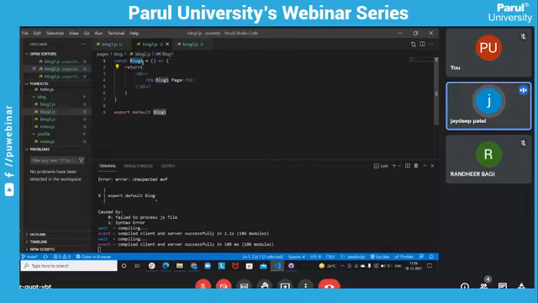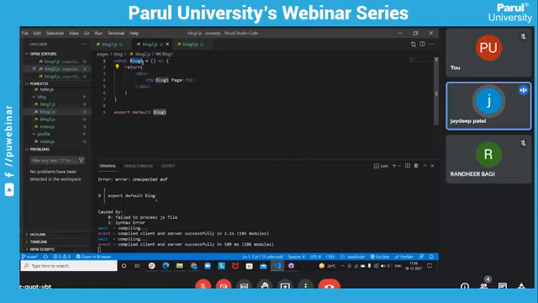So how to do it? Let's start. First close this pages folder. Go to the root folder and create a folder named components.